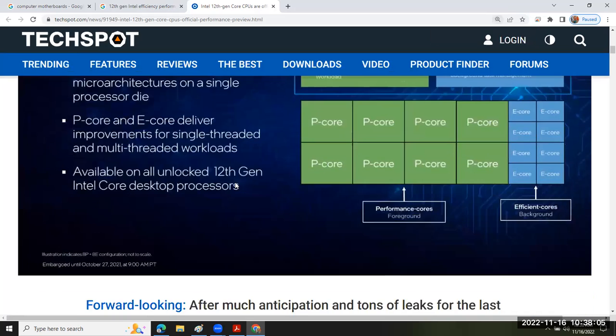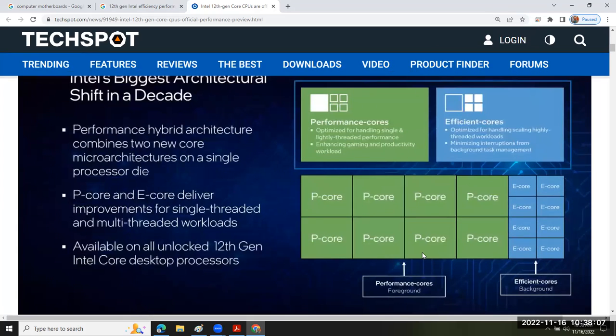on the die of the 12th generation, I think beginning with the 10th or 11th generation, they started doing this. They have what they call performance cores, and these are hyper-threaded. The efficiency cores are not hyper-threaded typically. So E-core delivers single-threaded and multi-threaded workloads. So the performance cores,